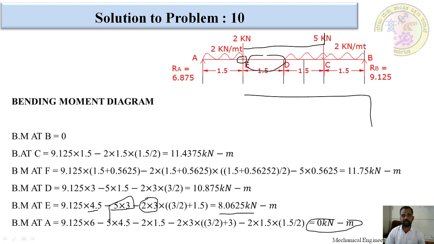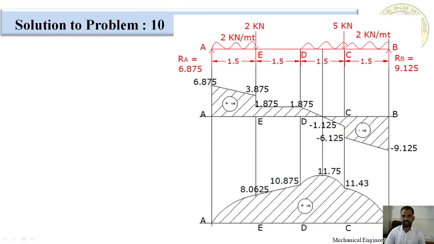Next, we are going to draw the bending moment diagram. This is the bending moment diagram. We got positive values only, so we have to draw above the baseline. This is the baseline. How much did we get at C point? We got 11.43. I have to mark it. Because of the UDL, I am going to join it with the zero line with a parabolic curve. This is the parabolic curve. Before going to F point, at D point we got 10.875. Because of this UDL, I am going to draw one curved line that will be more than 10.875 and more than 11.43. This is the mark where we have the maximum bending moment value.